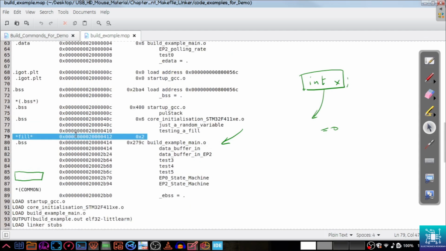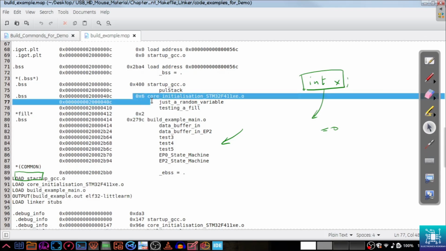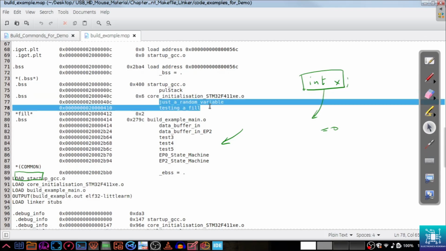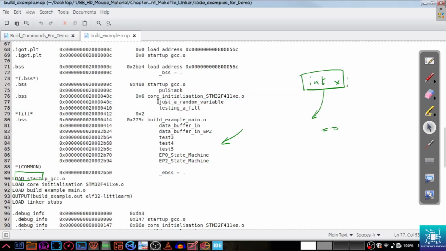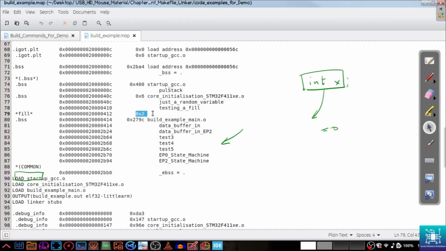So what happens here is, within a section, for example core initialization, you have two variables, and if these variables don't end in a word alignment, then automatically within that section